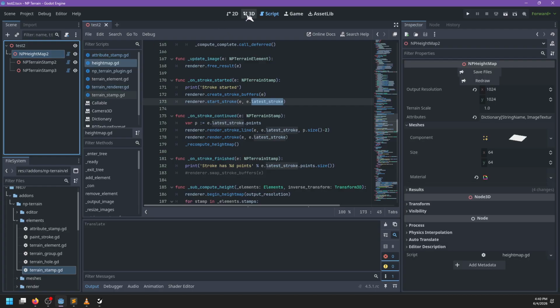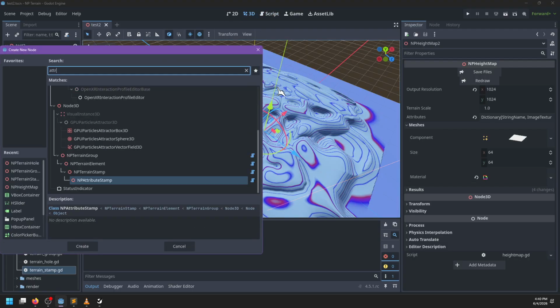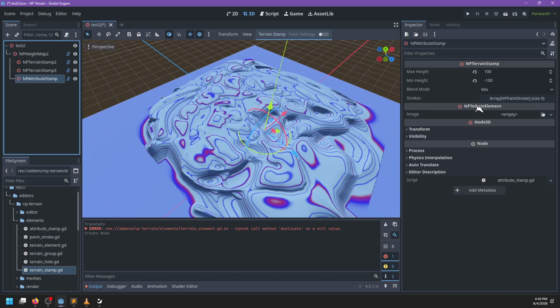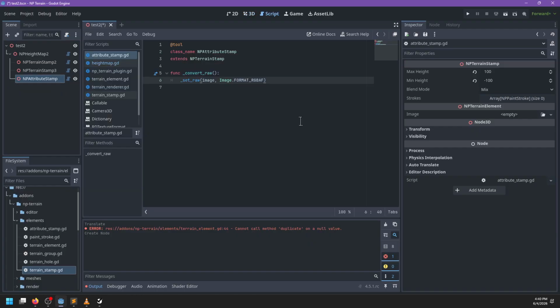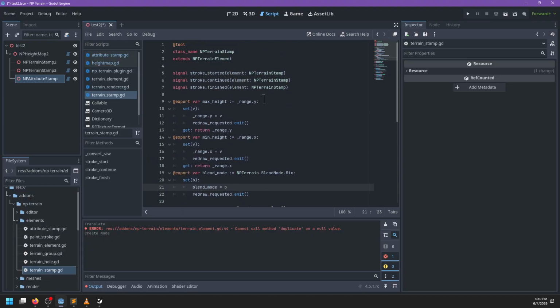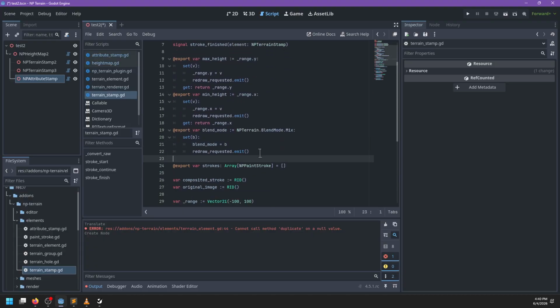Because when we add an attribute stamp, actually, first of all, we should have the ability to resize this thing. So, like, if we set the image directly, that should set the size. But then if we set the size, that should create a new image here. Yeah, let's have an export